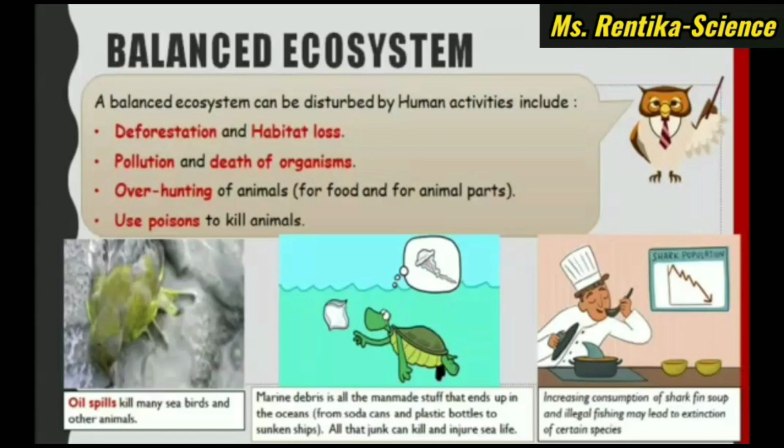Using poison to kill animals. For example, farmers often use DDT to kill or control pests. DDT is a chemical compound that can kill insects. How, kids? Is it clear? I have one more piece of information.